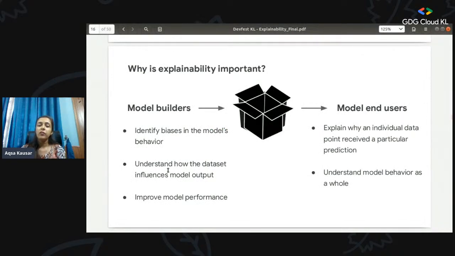So for model builders, it is important because you can identify bias in your model behavior. You can understand how the data set influences model output. So for example,